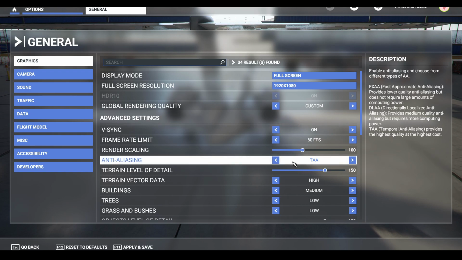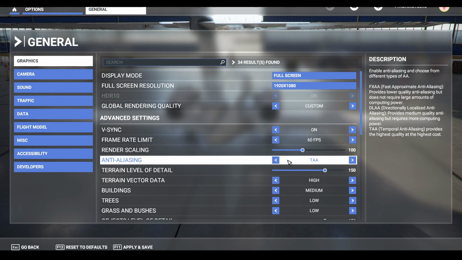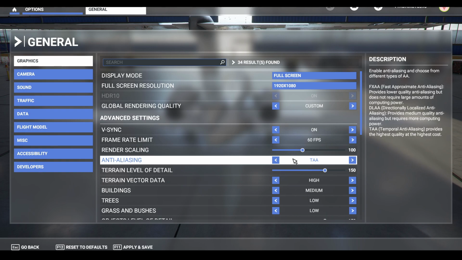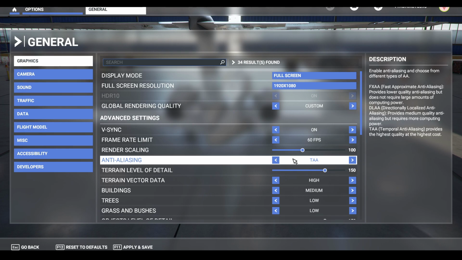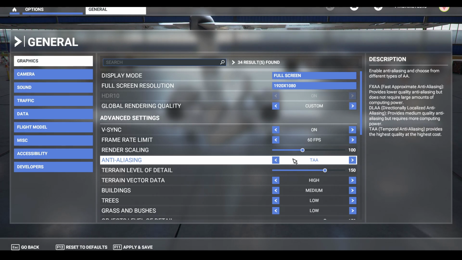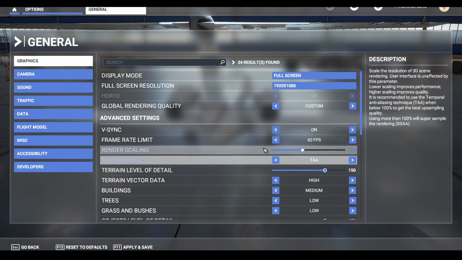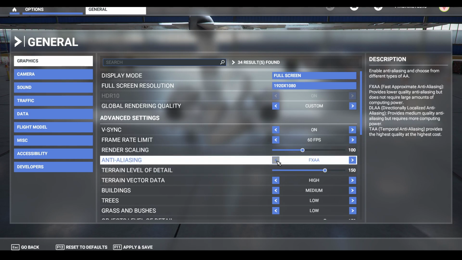So in terms of anti-aliasing, this is really going to depend on your system, guys. I'll get to render scaling in a minute, but anti-aliasing, again, align this with your graphics card. Have similar or the same settings, either say application controlled, in other words, you're letting the sim decide your level, or match it with whatever setting you put in here. TAA is the highest level, and it does take a massive hit. If you move this down to FXAA, which actually NVIDIA cards support, and which older sims support,